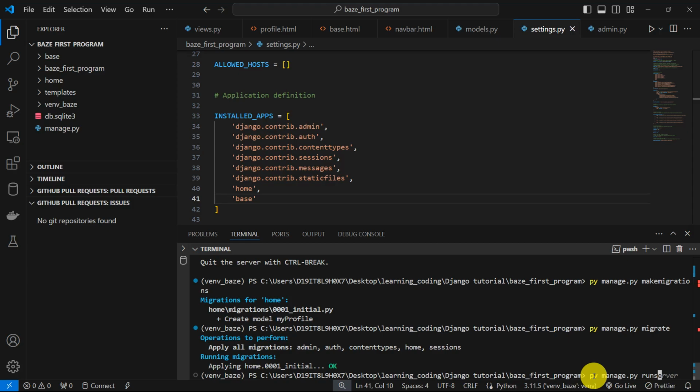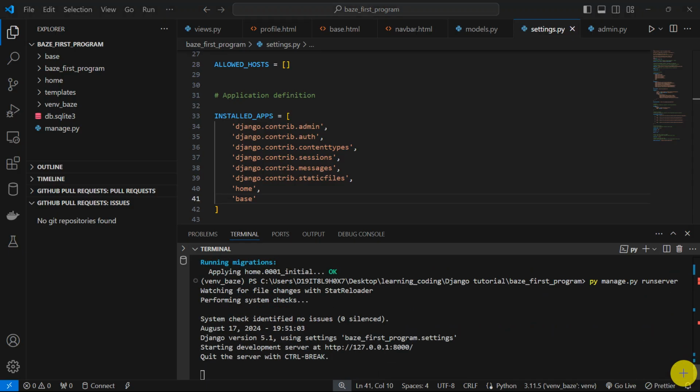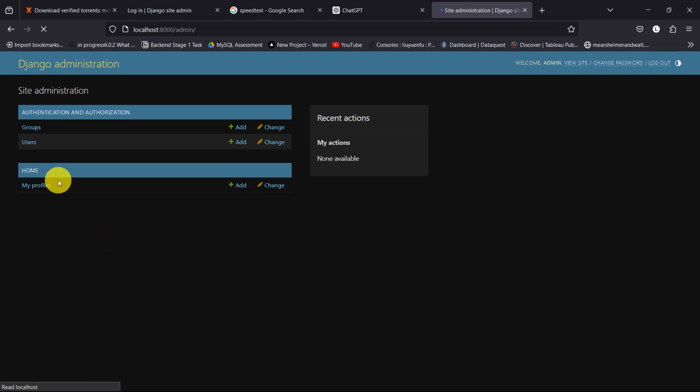So aside from the urls.py of the project folder, you also need to register each application in the settings.py. This is interesting, and it's pretty basic. I completely forgot. Now that I'm in my admin interface, if I refresh, you are now going to see the